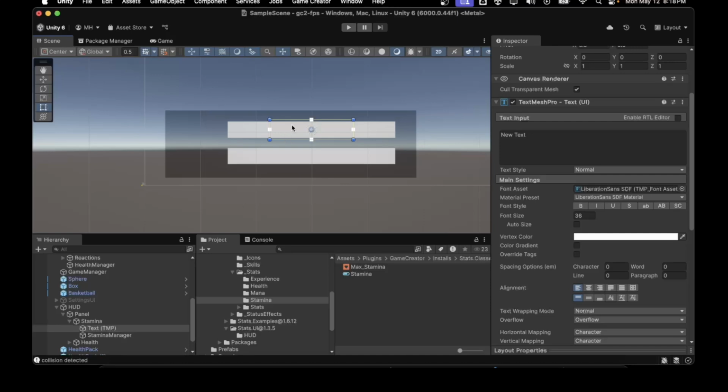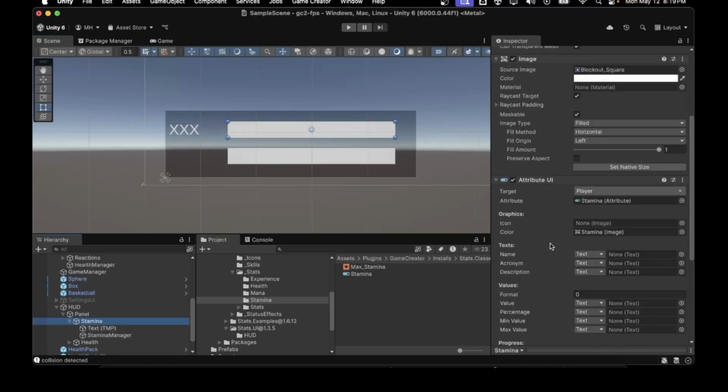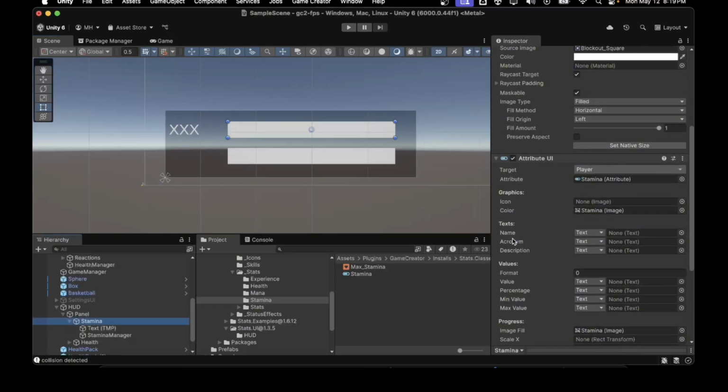Okay, so we can move it over here. So what I'm going to do is just put XXX, just so it's a placeholder. And then that really should be it. You can just set up how you want the text to look, etc., the size and all that. But all we have to do now in the stamina to get that to update to the right thing is